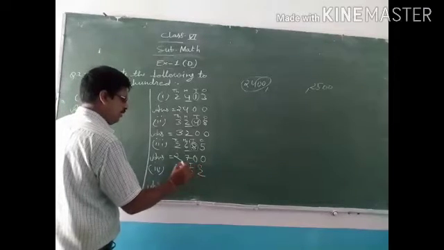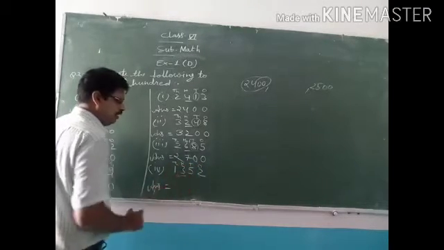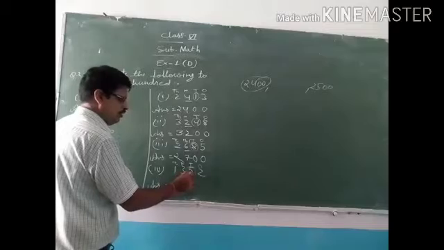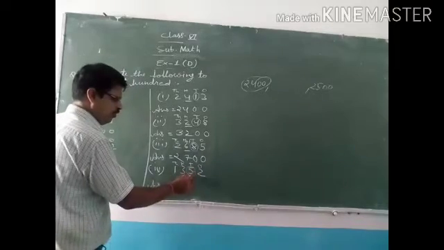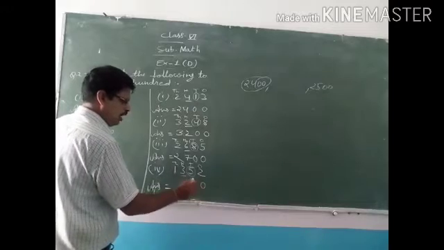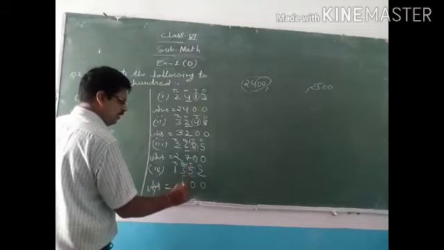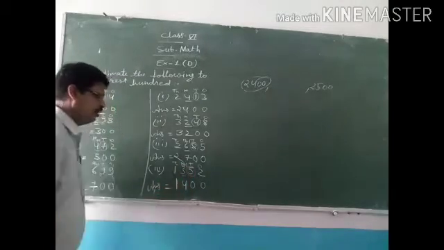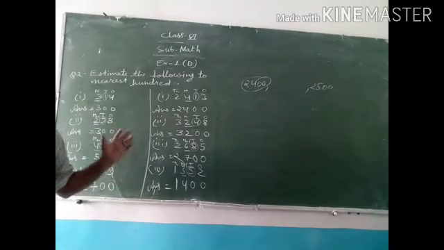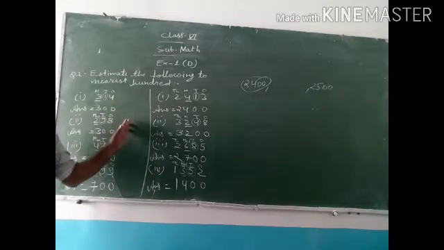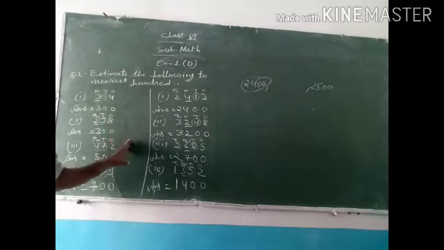Now again ones, tens, 100, 1000. At the 100 place we have to do round off, meaning we have to round off the 3. So we will observe the 10th place digit, which is 5. If it is 5 or greater than 5, then both of these become 0, and here we will add plus 1. So 3 plus 1 is 4, and 1 stays the same. Understood? So this way we can do rounding off to the nearest 100, or you can estimate to the nearest 100. This is the method of rounding off to the nearest 100.